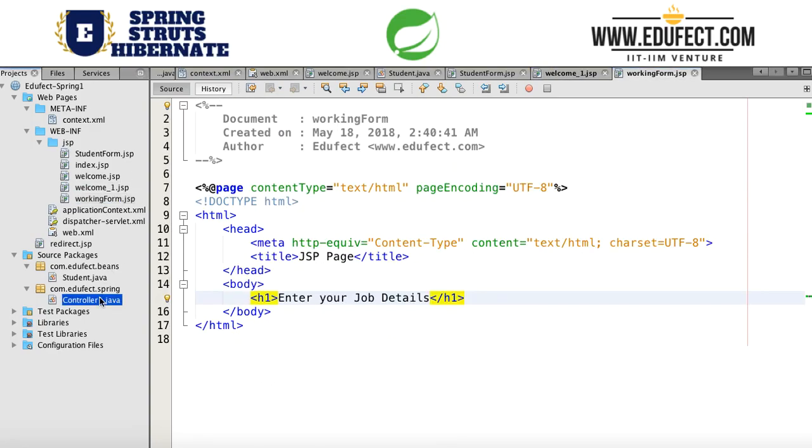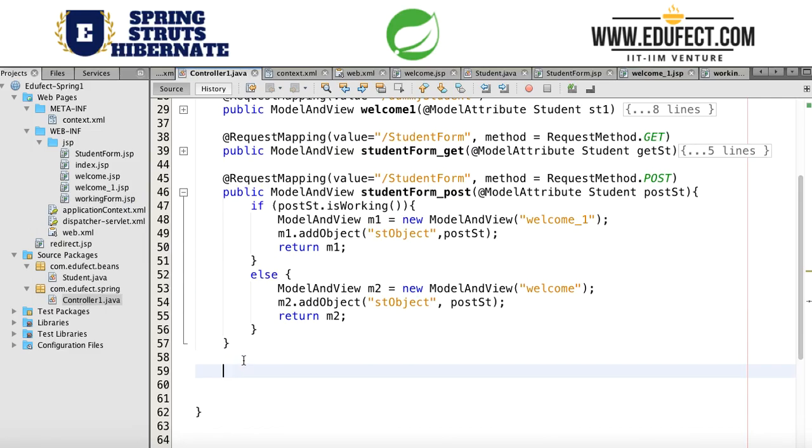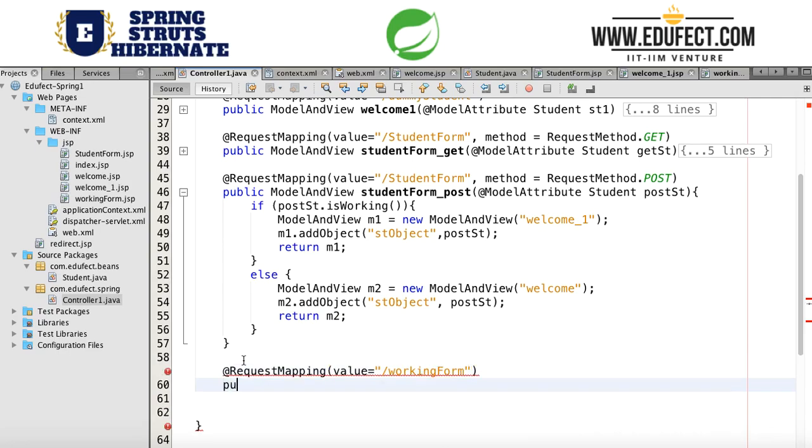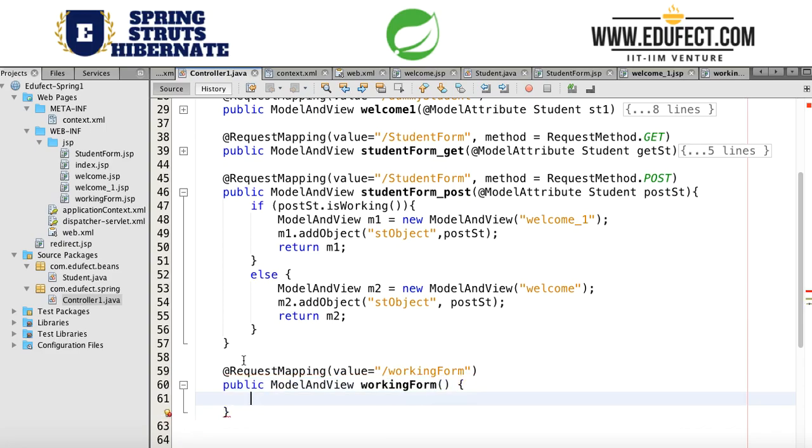So what will we do for that? We will just create another controller. So we'll create another request mapping, value is equal to slash working form. And what do we do in this case? We will say public model and view working form,